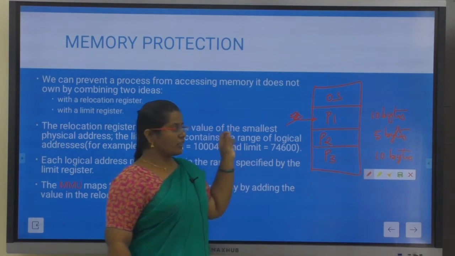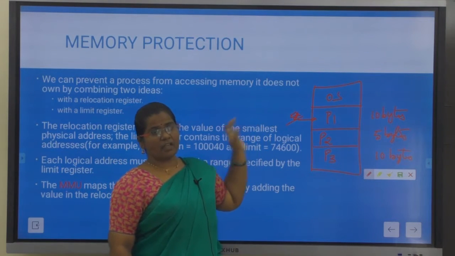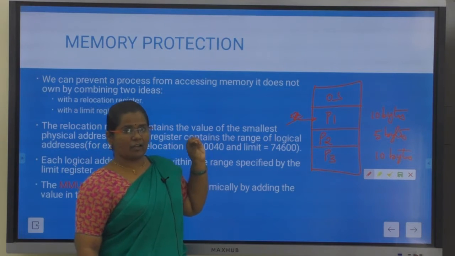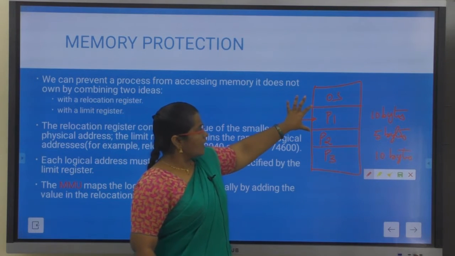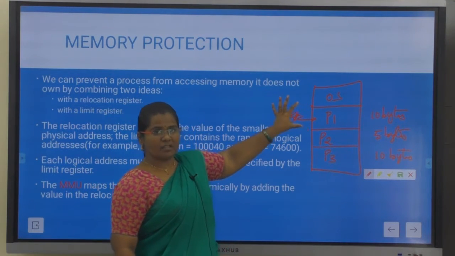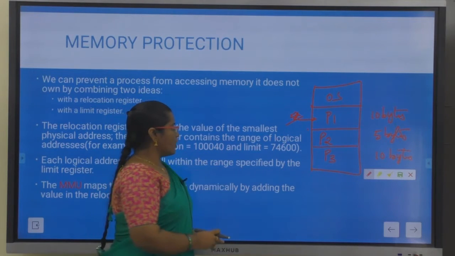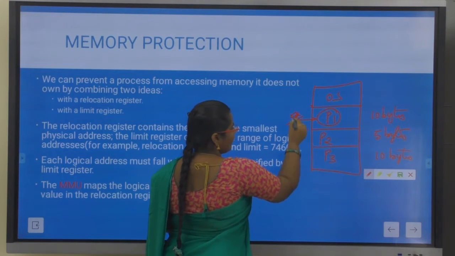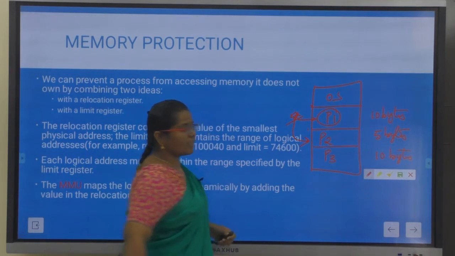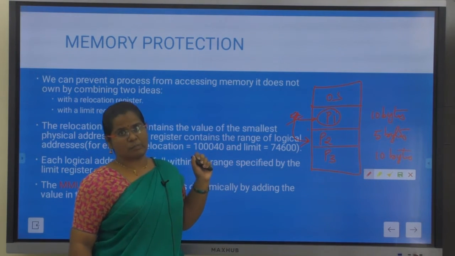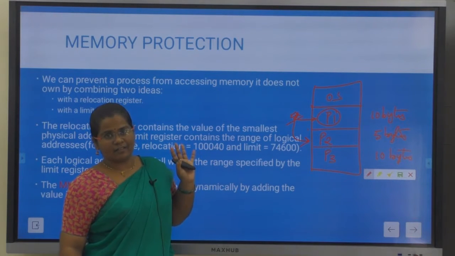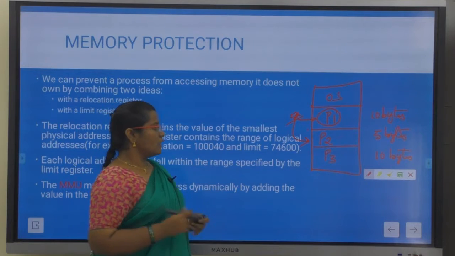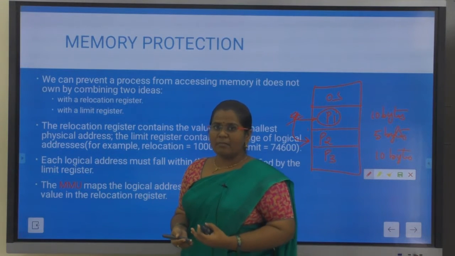Whenever you are trying to access that particular memory, you need to make sure that your CPU is generating a logical address that is confined to your process P1 itself. If your CPU is executing process P1 and it is trying to access the memory that is allocated for a process P2, you will get an error or inconsistent output. So in that case, you need to protect the memory access.